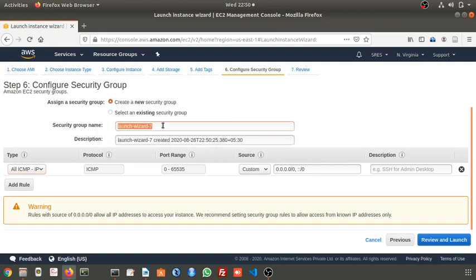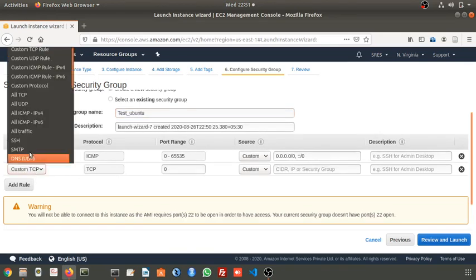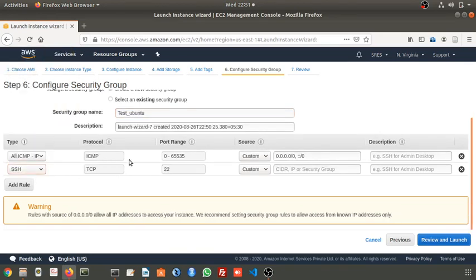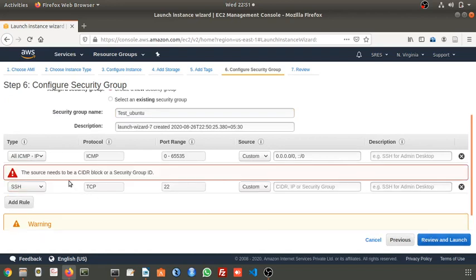This is test underscore Ubuntu available. So this ICMP is enabled. We'll add one more rule, that is SSH. Fine. The source needs to be as a block and security group ID.